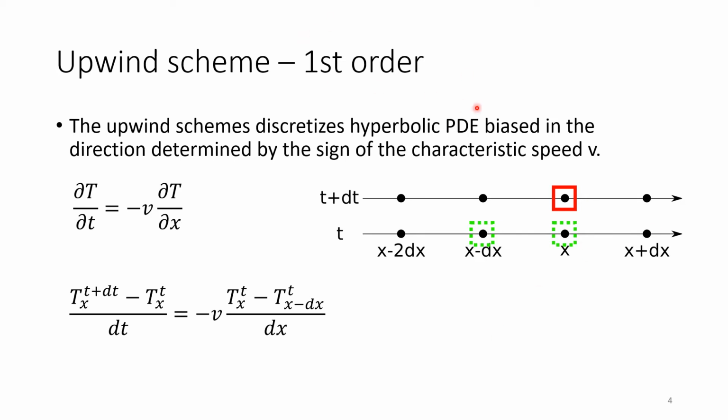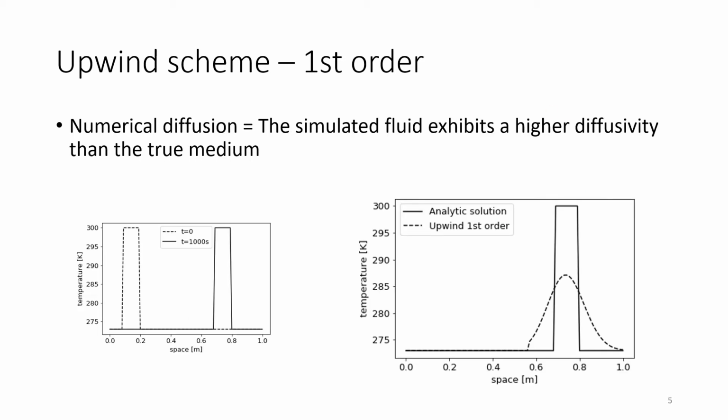If you do this in a first order scheme, the numerical solution will look like on the right, and this is what we call numerical diffusion, right? So if you look here on the left, again, this is what we would have considered, right? Pure diffusive problem, shape conserving. This is our initial conditions. We have a flow from left to right. After some time, it should show up over here. However, if I now compare my numerical solution upwind first order to my analytical solution,